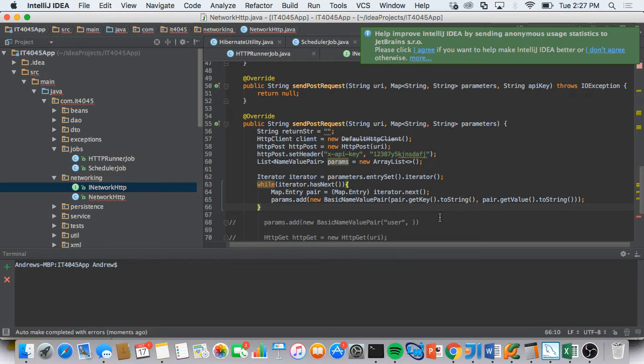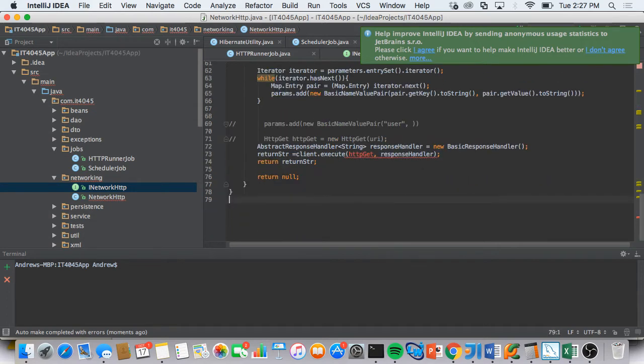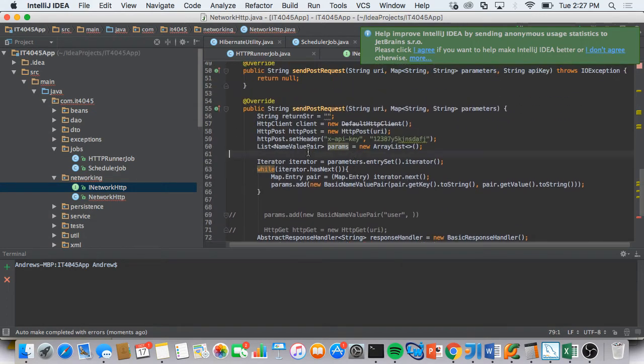So anyway, we iterate over our map, we get key values and add them to our parameters. So once we've built our parameters from our method argument,